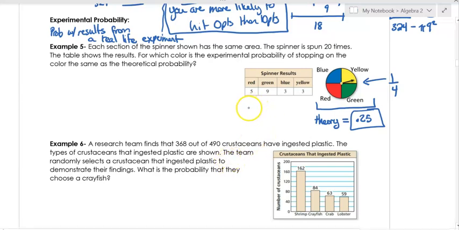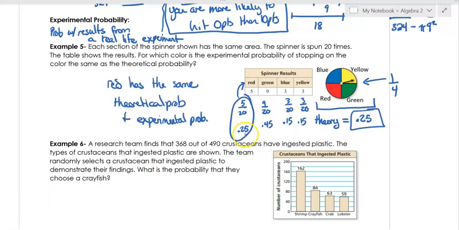Now, for this table, go ahead and find out. This was out of 20. So if you take 5 out of 20, 9 out of 20, 3 out of 20, and 3 out of 20, you're finding out what actually happened in this problem, like when they physically spun it. So I went ahead real quick and wrote down the probabilities right here. So the only one that matches the 0.25 is the